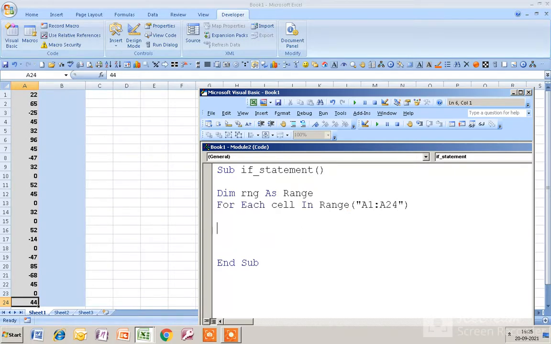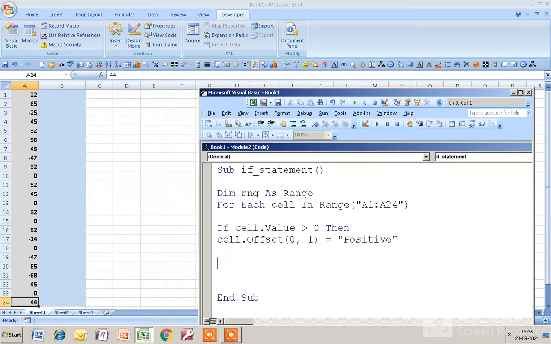And then I have to give the if statement: if cell dot value is greater than 0, then what happens? Cell dot offset(0, 1) equals positive.